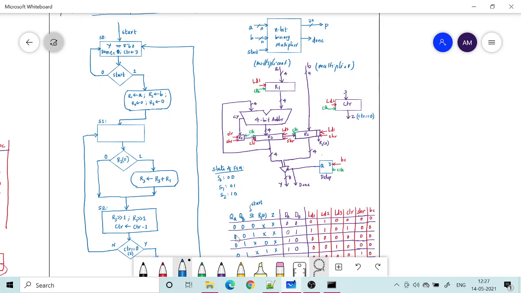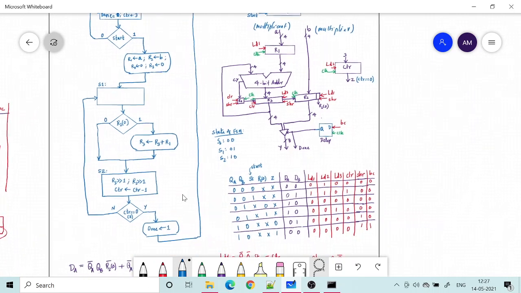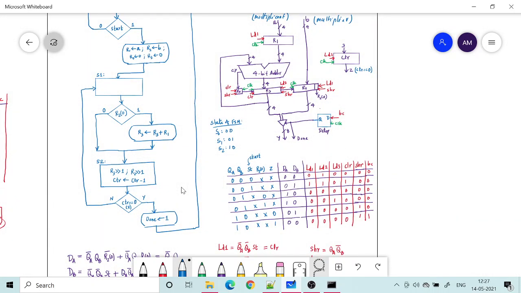So shifting is done in S2 state. In S1 state we do conditional adding. If R2 of 0 is 1, we add, otherwise we don't add, we just directly come to state S2. And in S2 what we do is basically shift everything to the right by 1 bit. So R3 is shifted, R2 is shifted, and R0 also gets shifted. The content in R0 goes to the MSB of R3, and the LSB of R3 goes to the MSB of R2, like that. I have to do a serial shifting. I am just denoting it in this way.